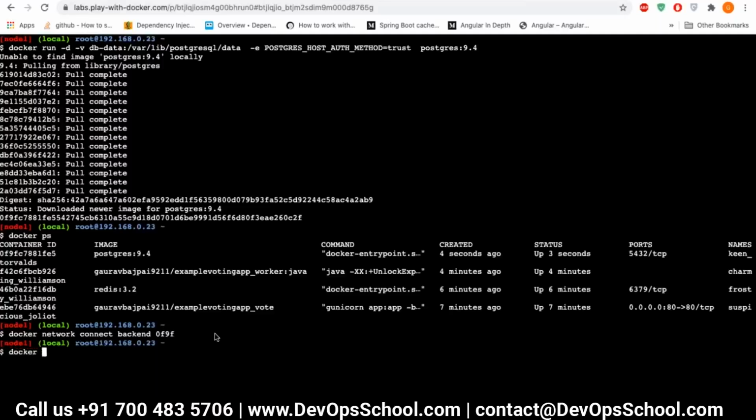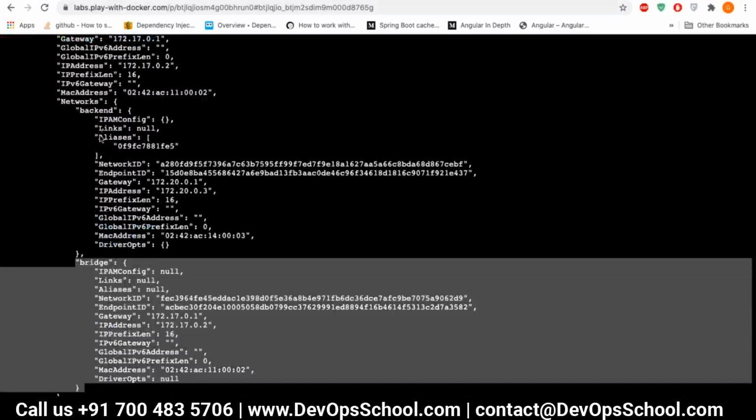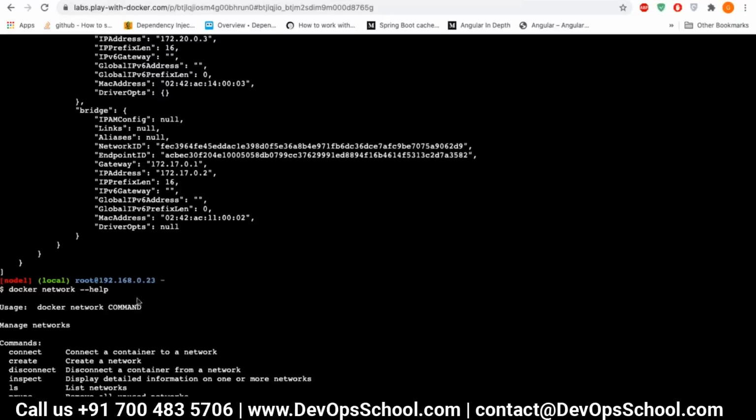Okay. So we'll just go back and inspect 0f9f. Okay, so it is on bridge as well as it is on backend. So what we are going to do is, can we Docker network? I can help. So what I'm going to do is I'm going to remove